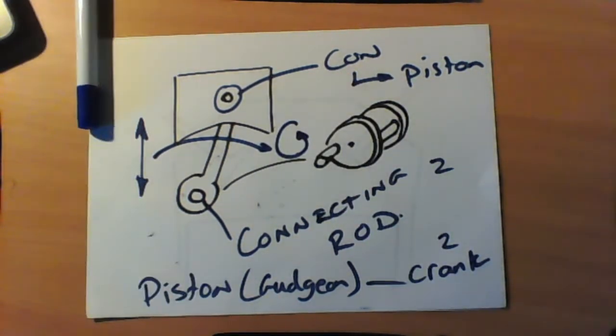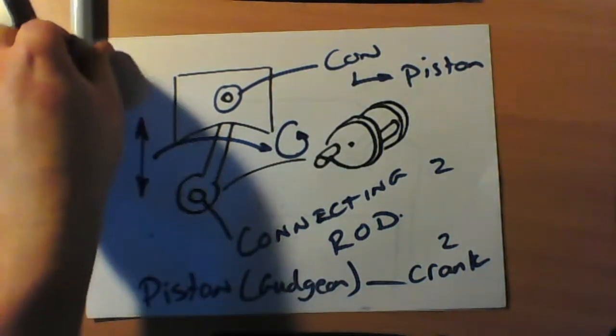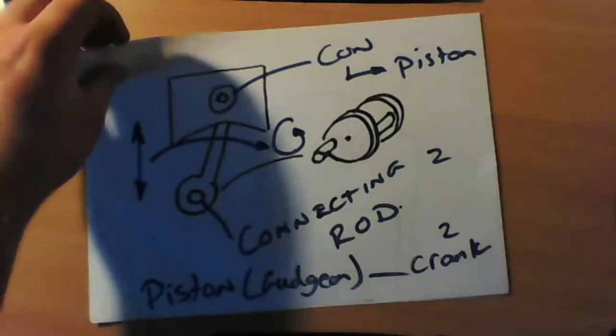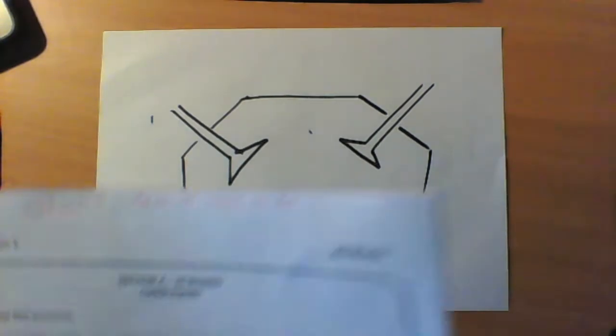So it turns reciprocating motion, the piston going up and down thousands of times per minute, into rotary. That's where you get your torque from, the amount of power and the amount of rotary you can get. The next question is